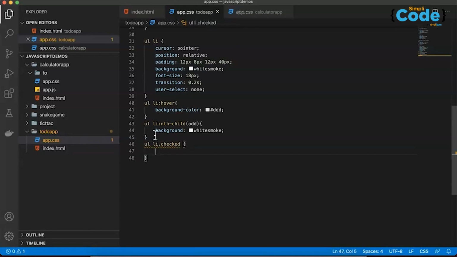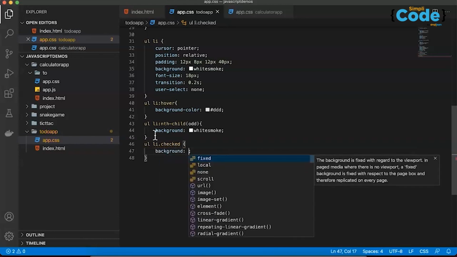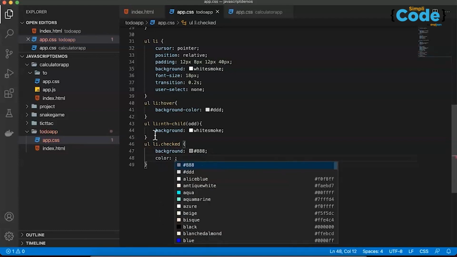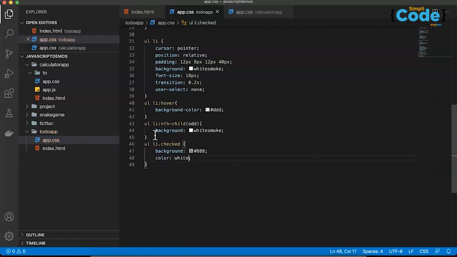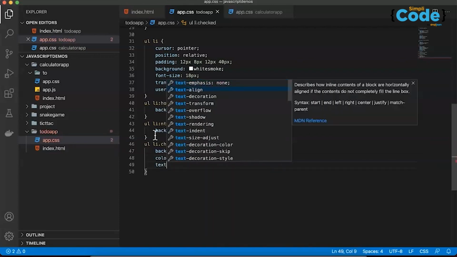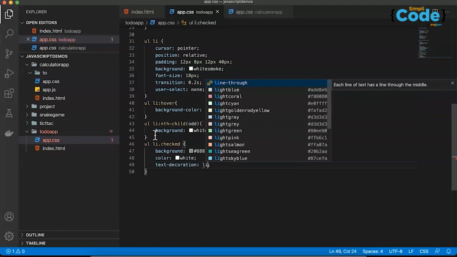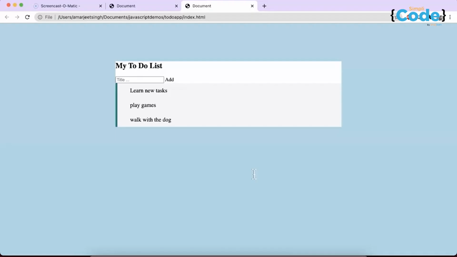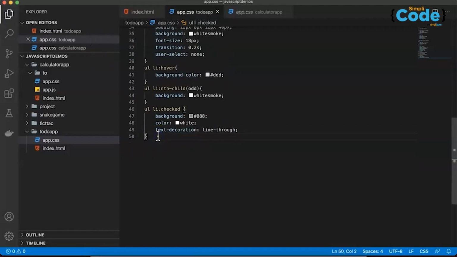Now I'll be using background, then color. I'm using the same white, text decoration, line through, which is the checked option. Okay, now after that,